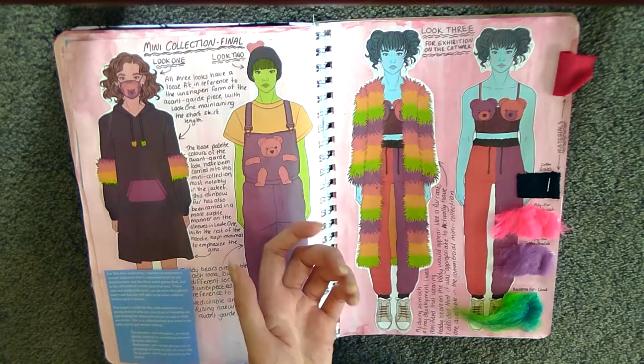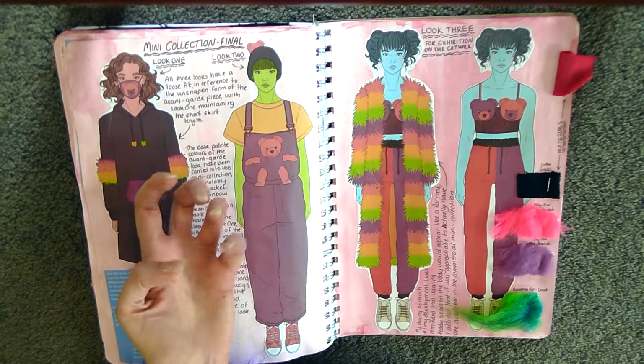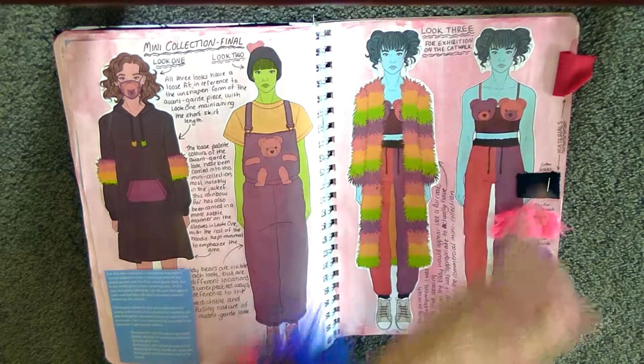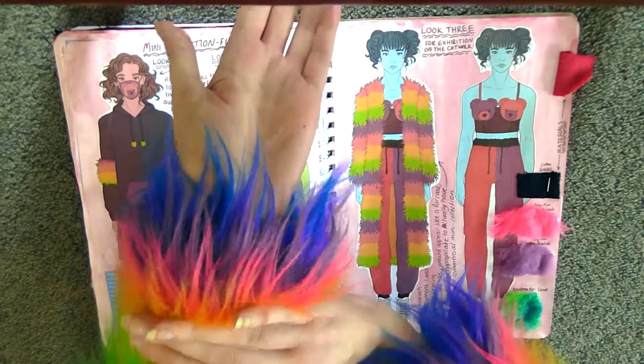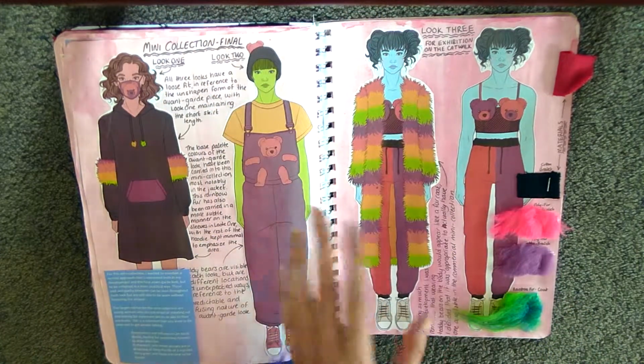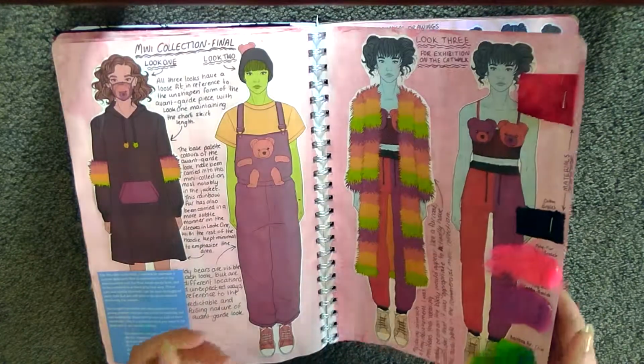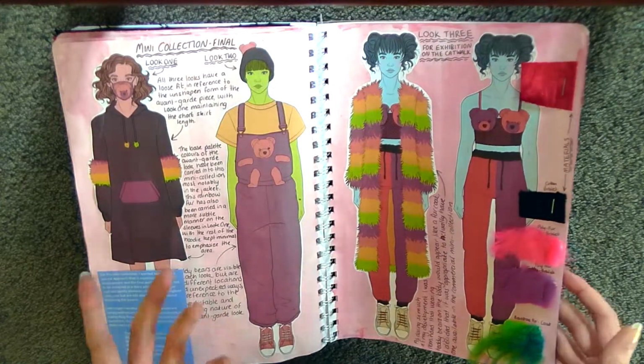So I was playing with ideas of having teddy bears almost growing out of the garment, such as on these looks and on the teddy bear bralette. I found this gorgeous rainbow fur that I ended up deciding to make a fur coat out of for this look. So when it comes to design, that's pretty much it, and all that needs to be done now is